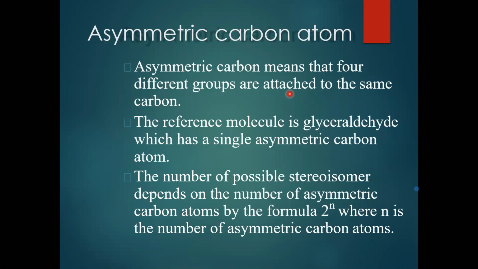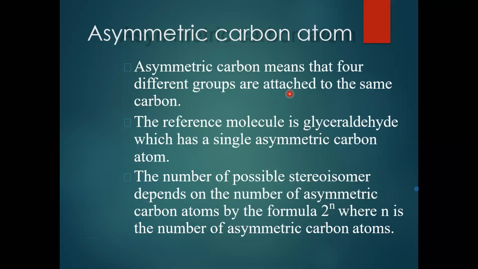What is an asymmetric carbon atom? Asymmetric carbon atom means that 4 different groups are attached to the same carbon atom. This is also called the chiral carbon. The number of possible stereoisomers depends upon the number of asymmetric carbon atoms present in the molecule, and that the